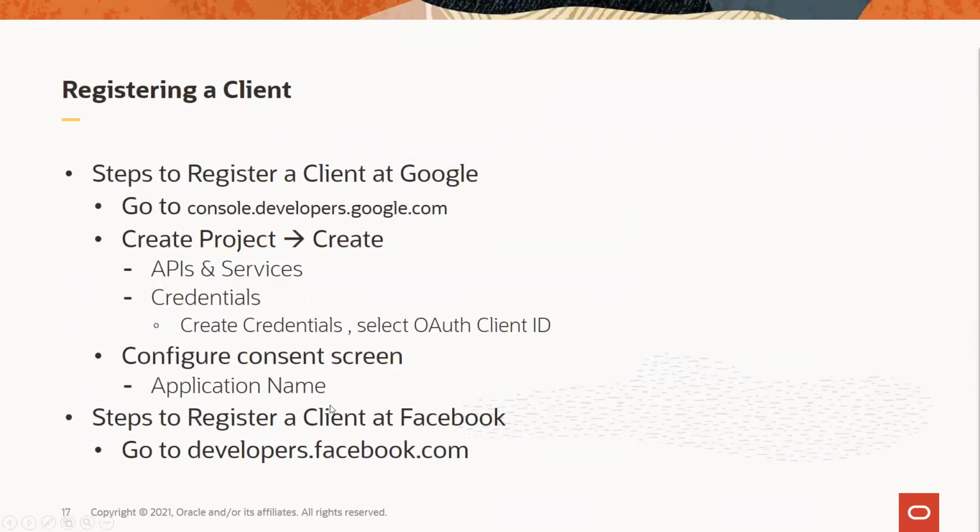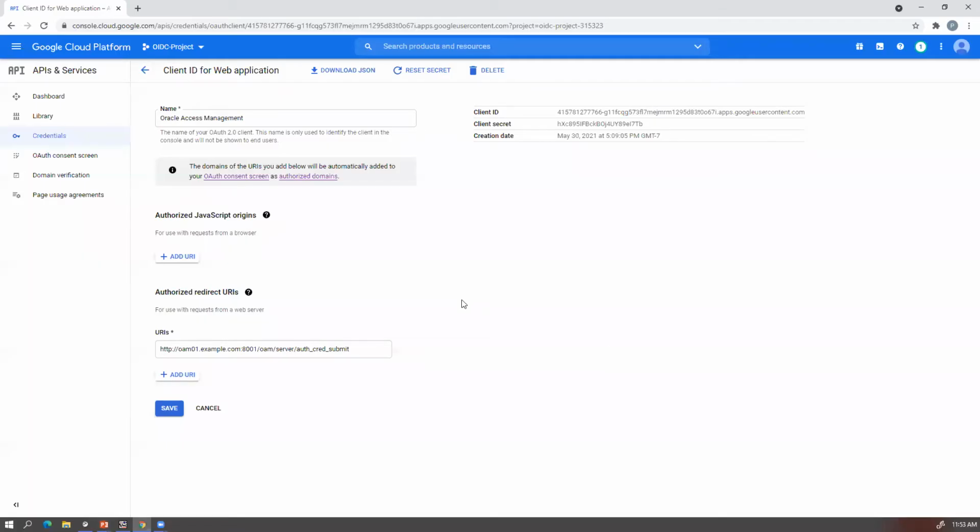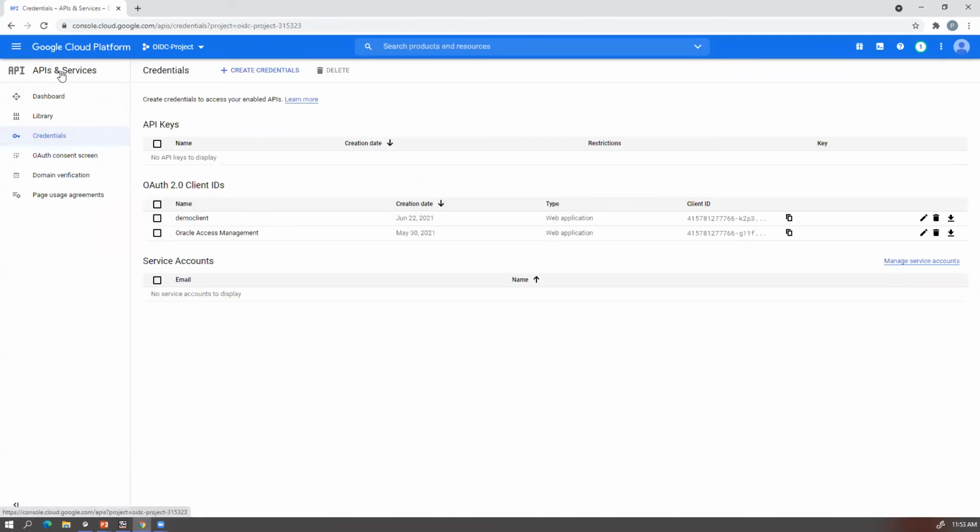Similarly, if it is Facebook, you go to developer.facebook.com and follow similar steps. For details of the steps, you can refer to the documentation pertaining to integrating OAuth and OpenID with the social identity provider.